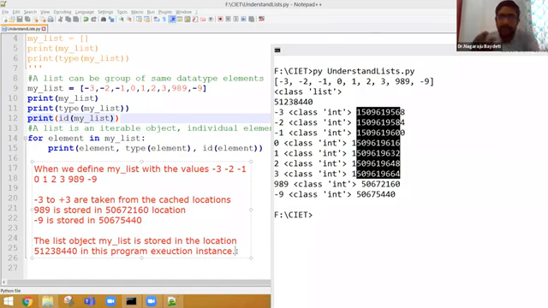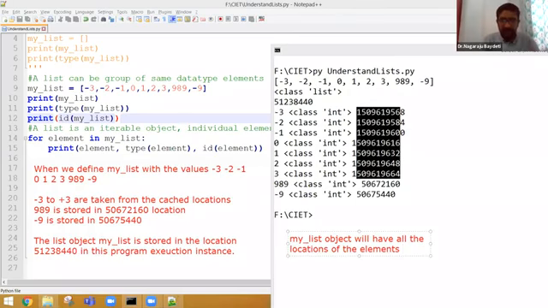See, it is a reference of a list object where the addresses of the elements are stored. When you refer to the name of the list, it gives me the value. What I am telling is, my list object will have all the locations of the elements defined inside my list.